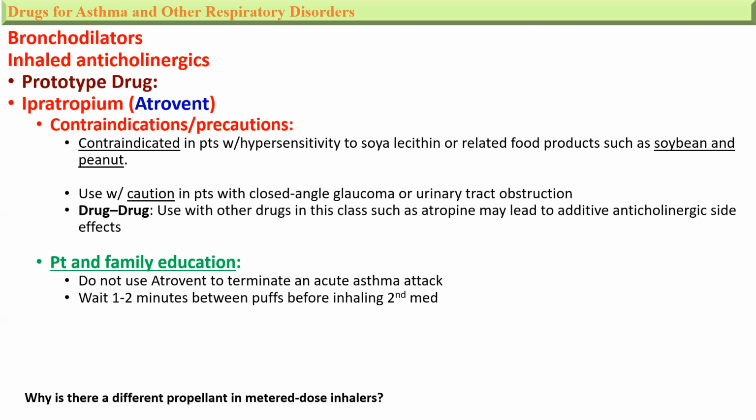Drug-drug interaction: used with other drugs in this class, such as atropine, may lead to additive anticholinergic side effects, and the drug should not be